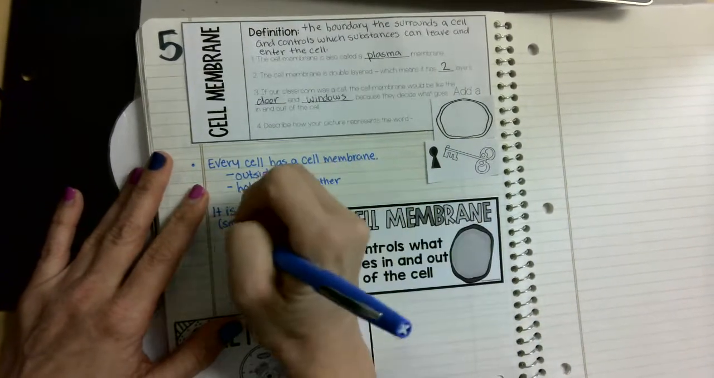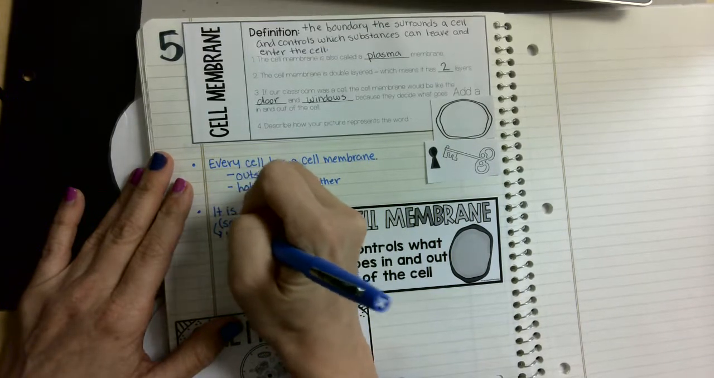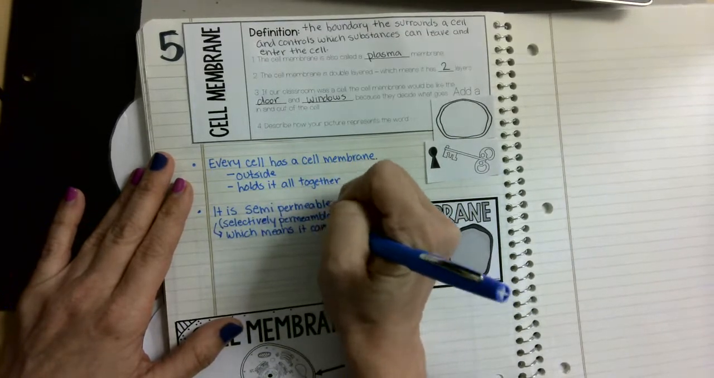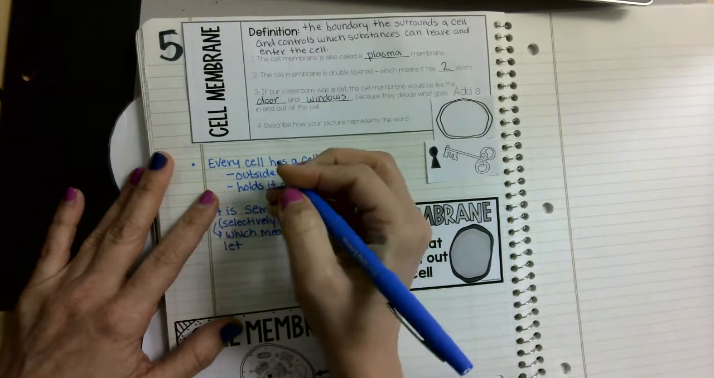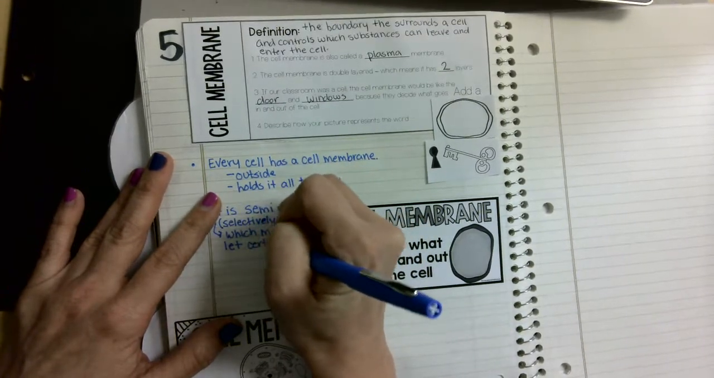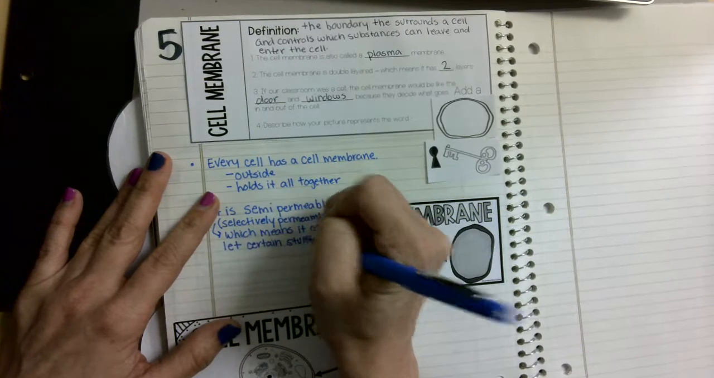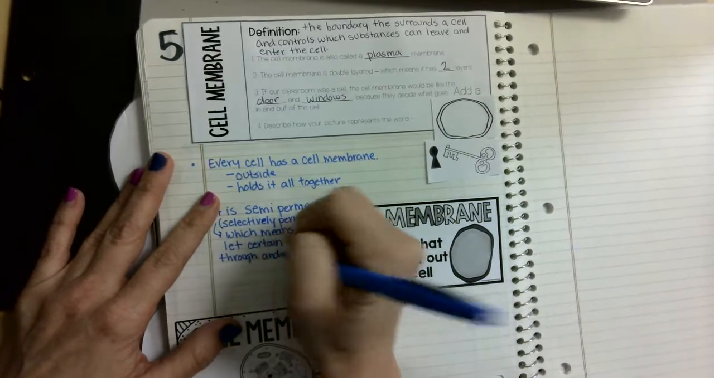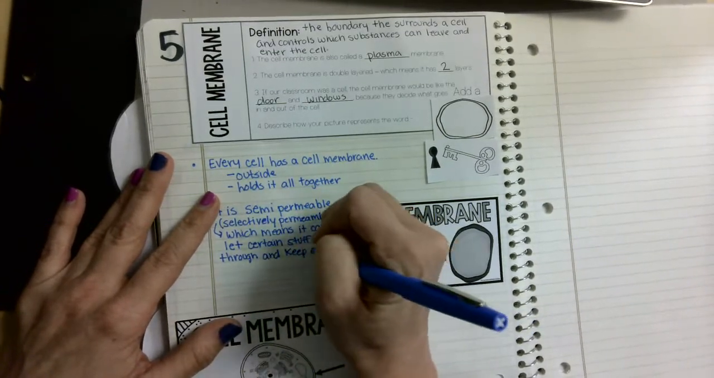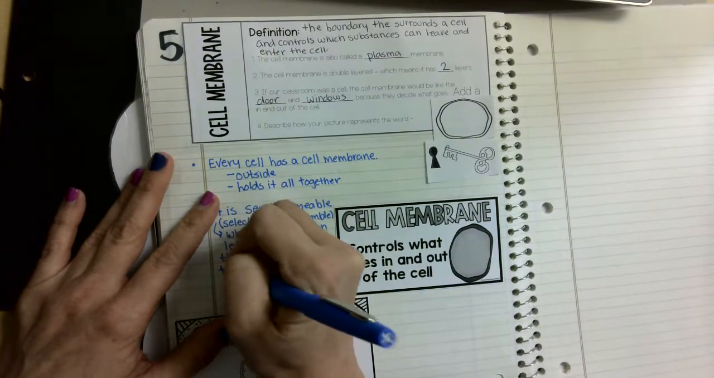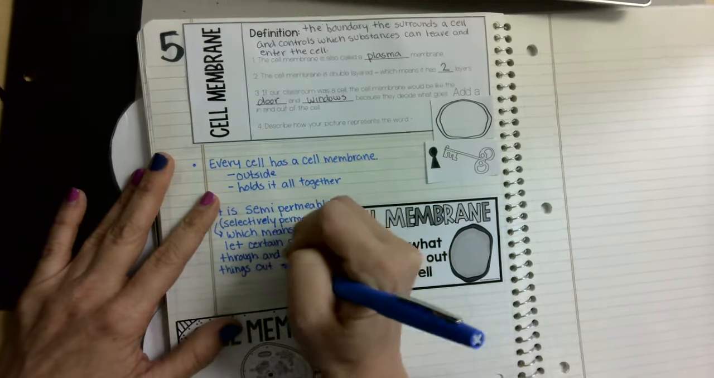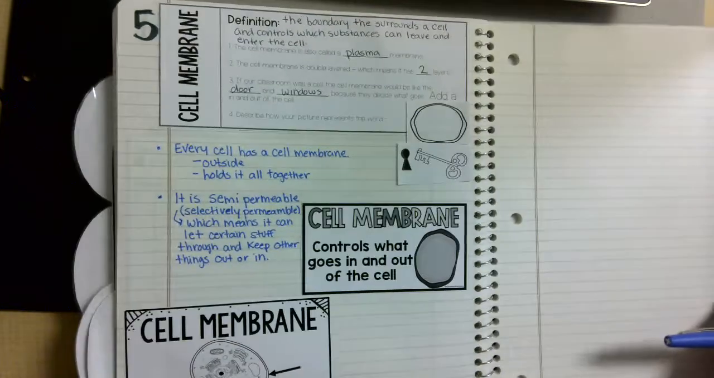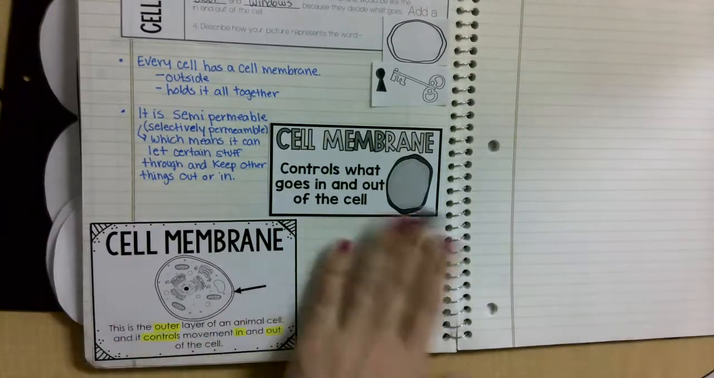So that means these both mean, which means it can let certain stuff through and keep other things out or in. Okay, so get that copy down, and then we're going to go down here, and we're going to write about